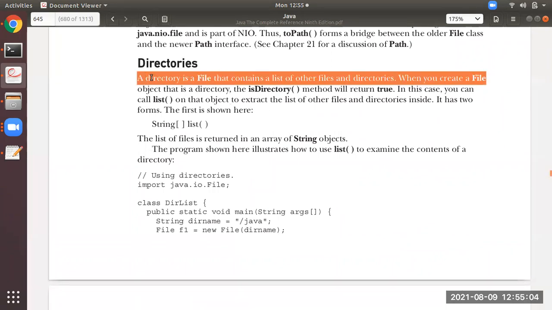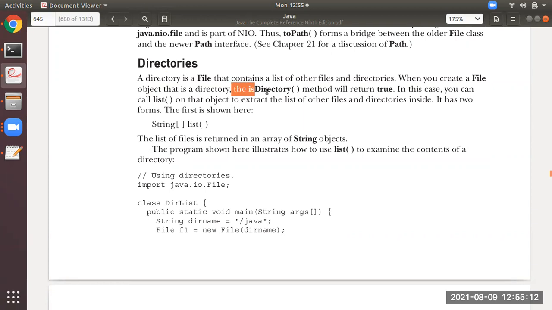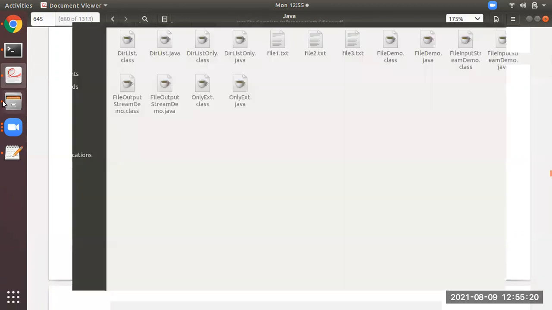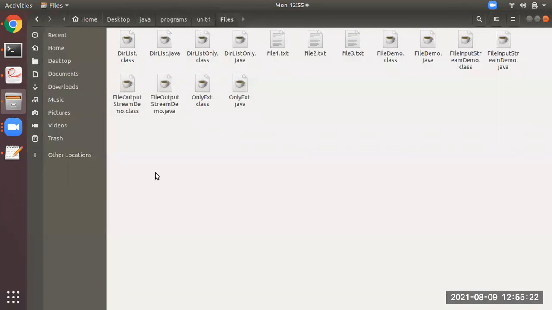See, a directory is a file that contains a list of other files and directories. Okay, when you create a File object that is a directory, the isDirectory method will return true. Okay. Remember, students, directory means directory like this. This complete thing is under the files folder. So the files folder is a directory. Inside that you can store.